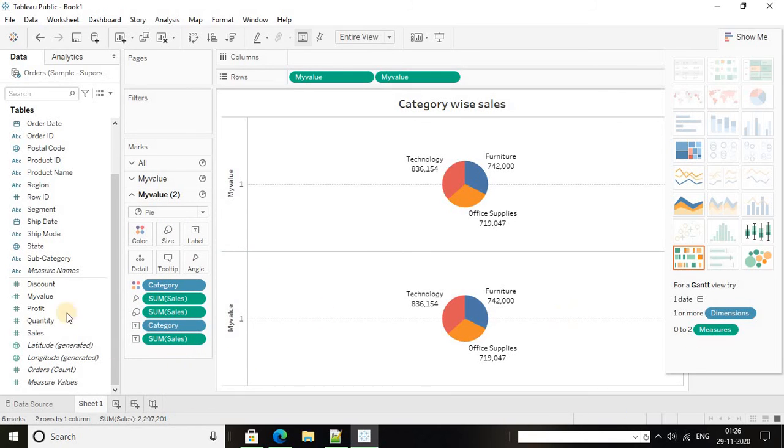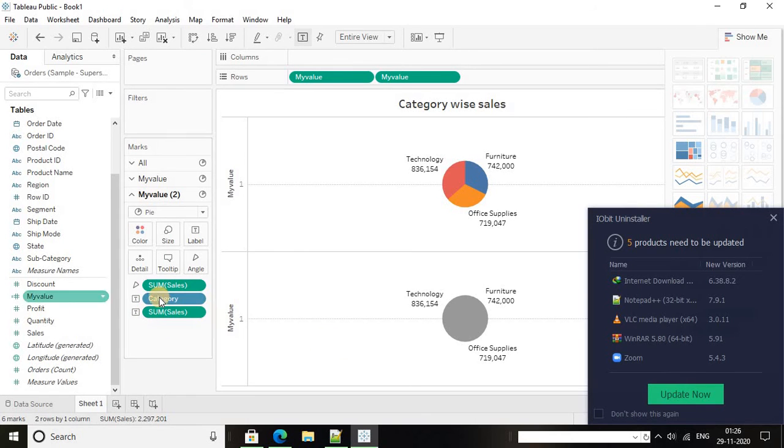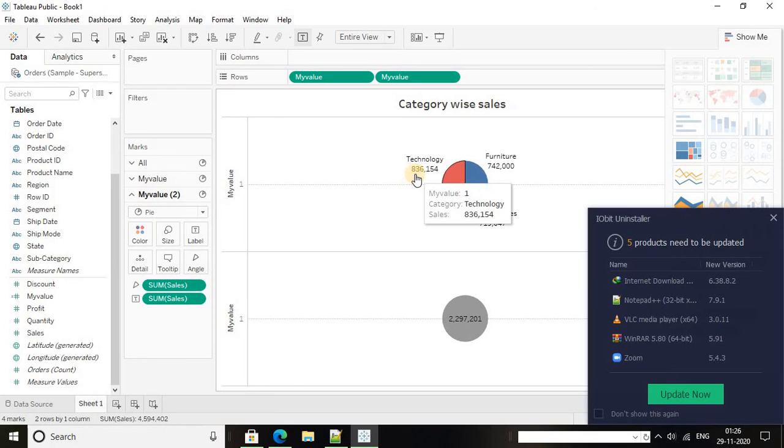From here we have to remove all these details. This category we don't want, this size we don't want, and also this category we don't want. This will show the total value, which means the summation of this and this will be equal to this value.